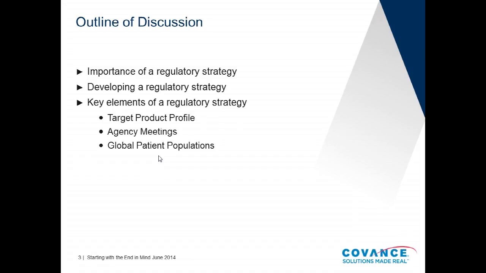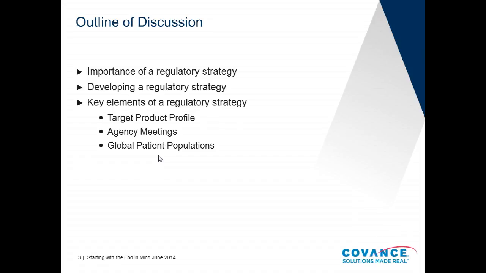The 3 in particular are shown here: a target product profile and what that is and what goes into developing one; how agency meetings are conducted and what goes into planning for one of those. And this is applicable to an agency anywhere in the world. And then an element that's really becoming more and more of an issue to be dealt with by agencies,